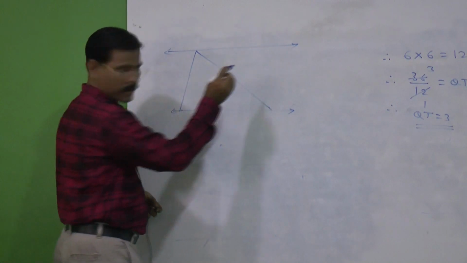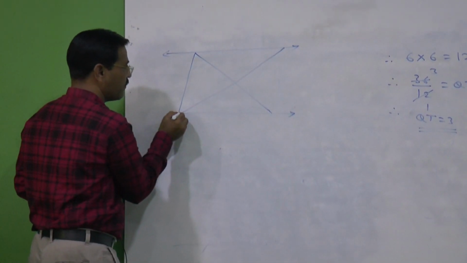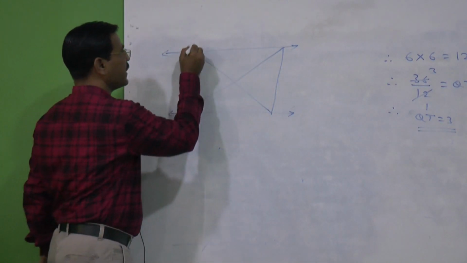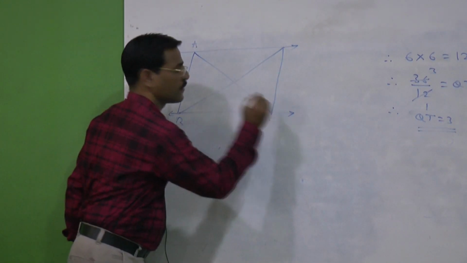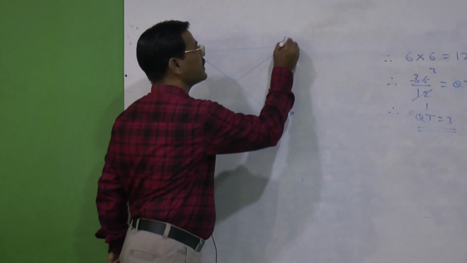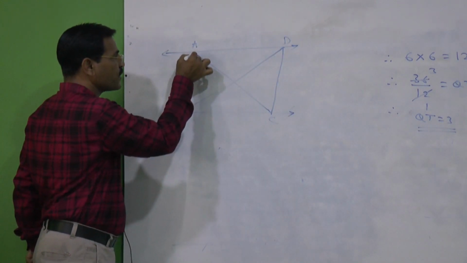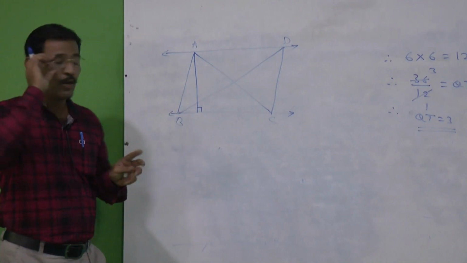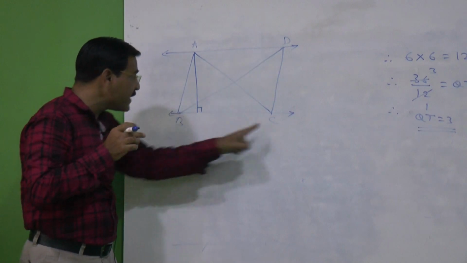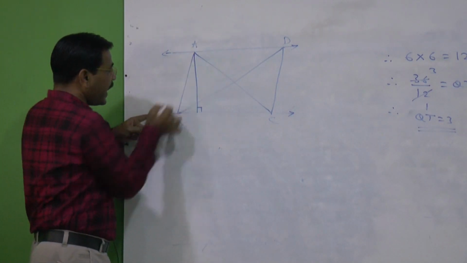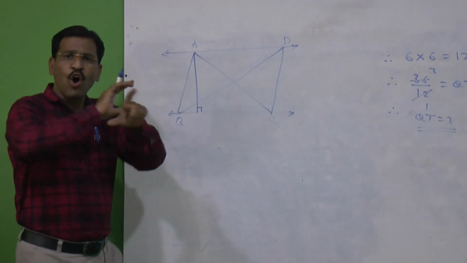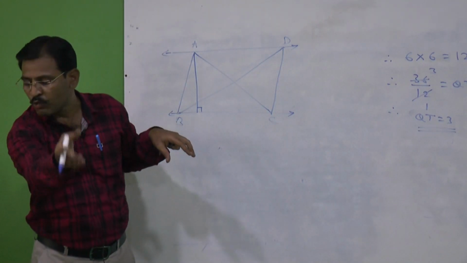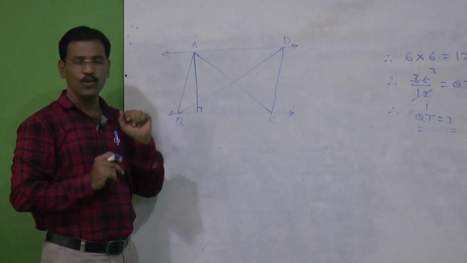Try to listen very carefully and observe here. Here it is triangle ABC. Now this is triangle DBC also. If you observe here, this will be the height. There are so many triangles: ABC, DBC, you can take ABD also, ACD also. All these triangles have the same height. Why? Because these two are given to us as parallel. AD is parallel to BC.